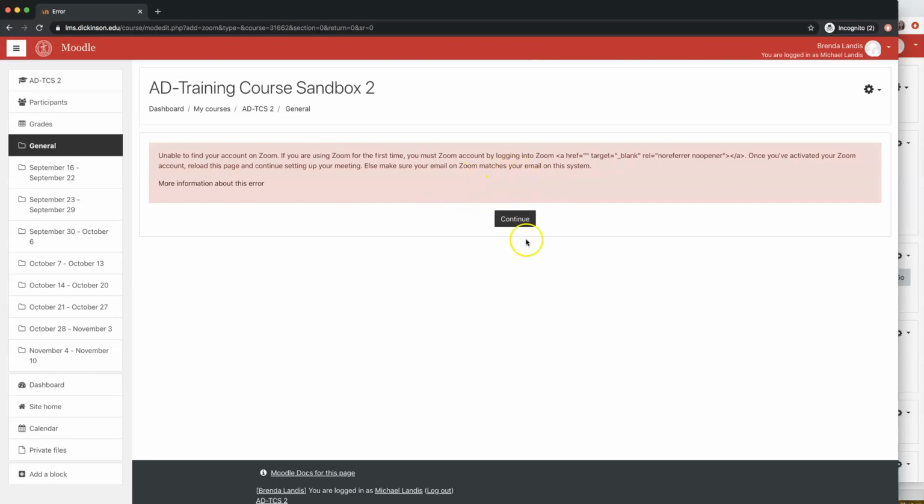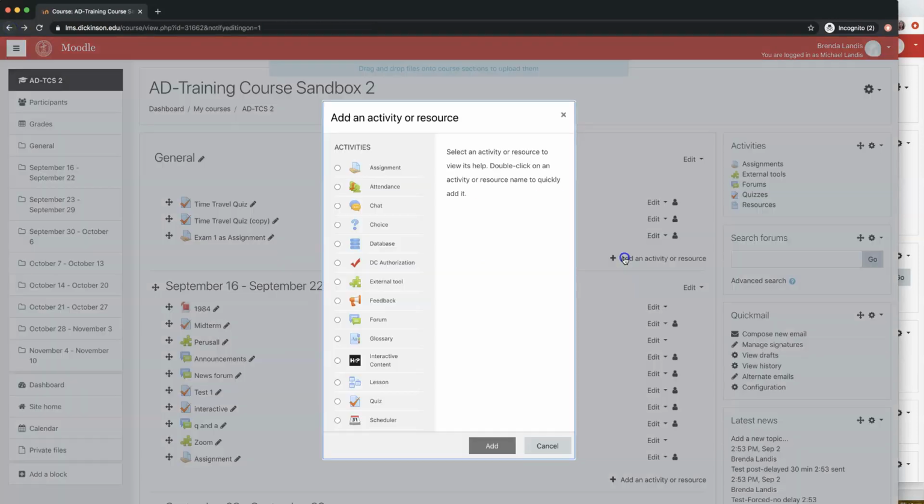And so if you do not have a Zoom account through Dickinson, you can just email the help desk and say, I want to get a Zoom pro level account so I can have it for my courses, and that can all be set up for you. And the same thing goes for if I add an activity